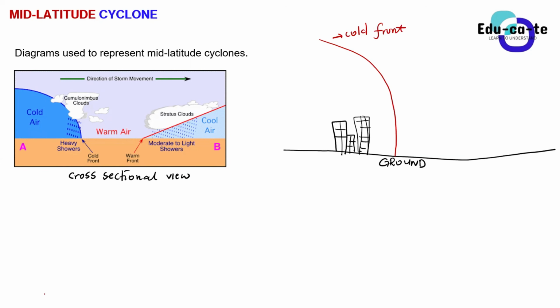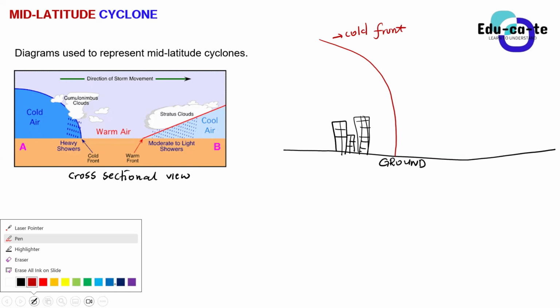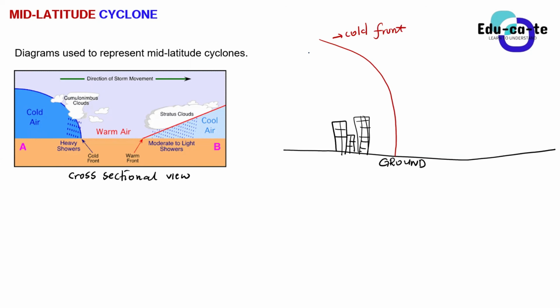Okay, sir. And then the warm front, yes, Sam? So in other words, you are saying the cold front is curvy. Yes, it's kind of curvy. It is steep. It is curvy. Correct. And the warm front looks like a straight line. It looks like this. It's kind of gentle. So this is your warm front. You don't draw those semicircles, guys. Don't draw this. Yes or no?